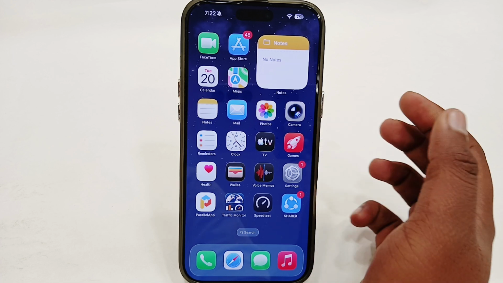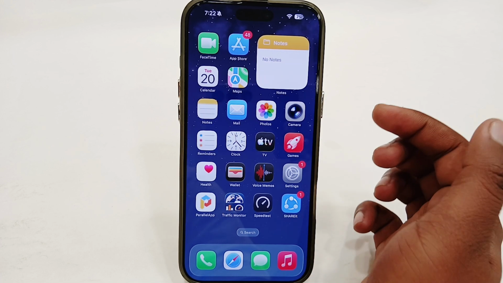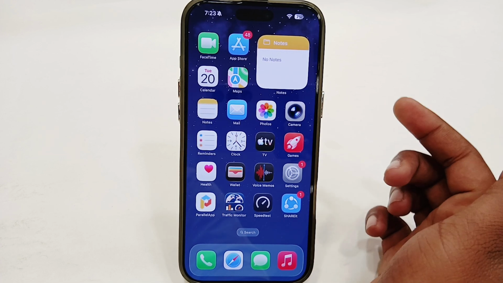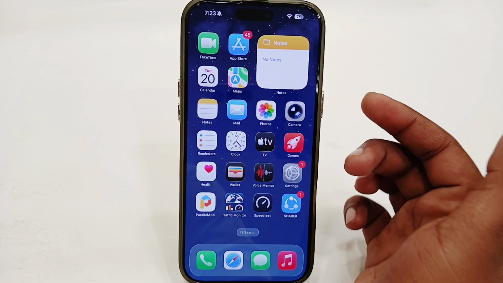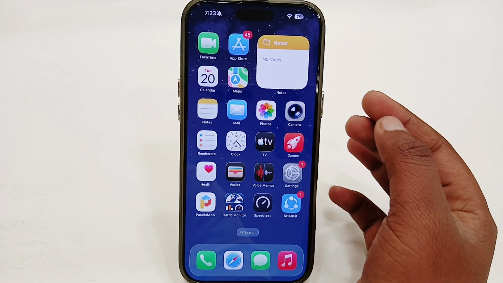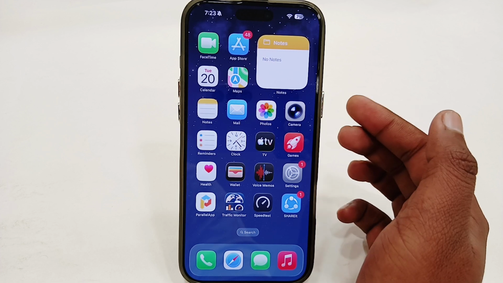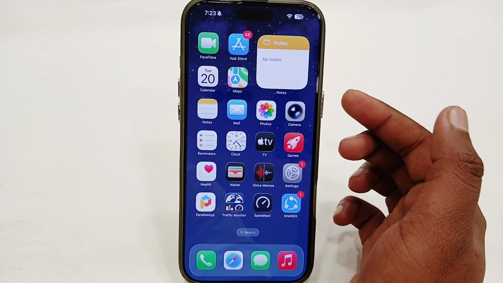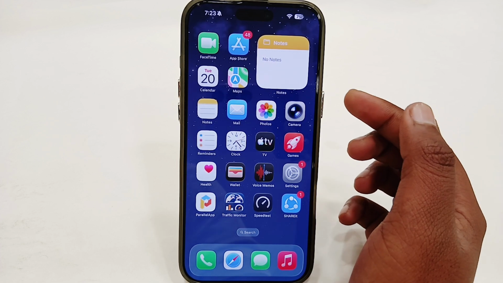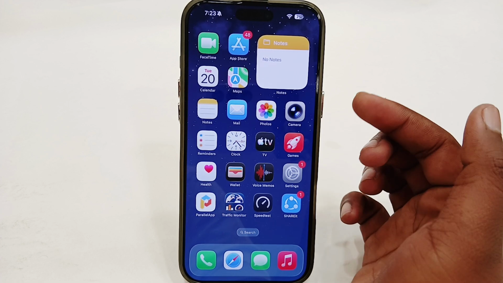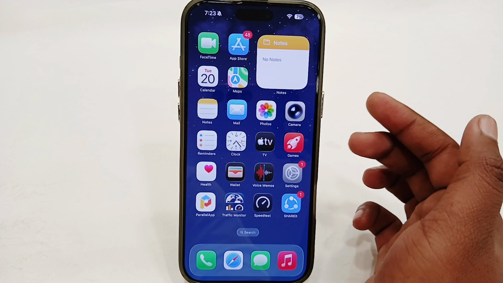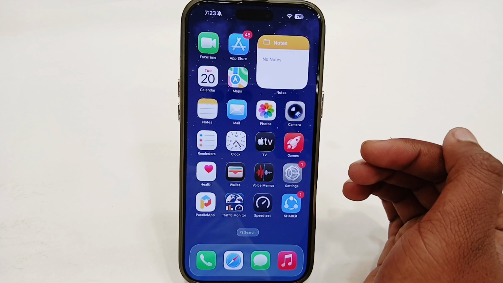Or after updating, if you're still facing the same issue or if your issue has started after updating your iOS, it might be that your iPhone is not compatible with the latest iOS, or sometimes it might be that with the latest release of iOS there is a bug. So it might be fixed with the upcoming updates. You just have to wait for the next software update, or you can also try to downgrade your iOS version